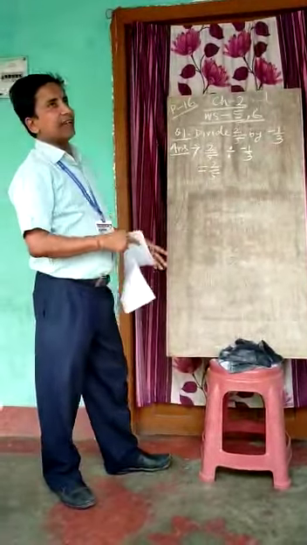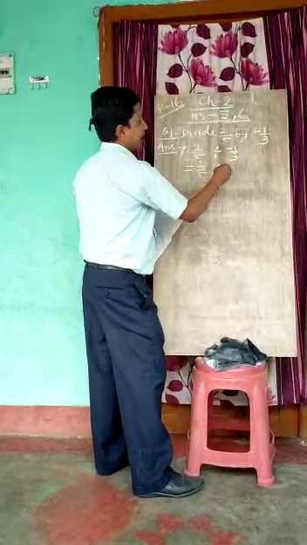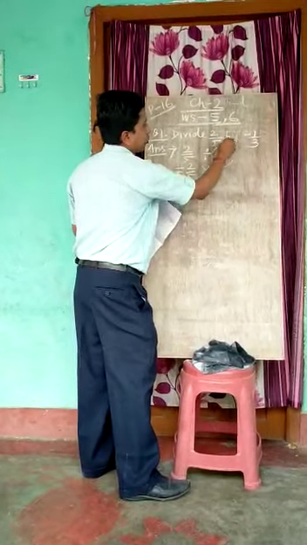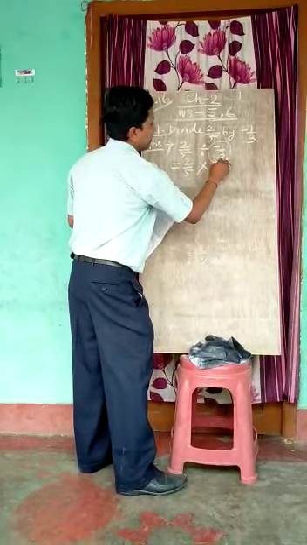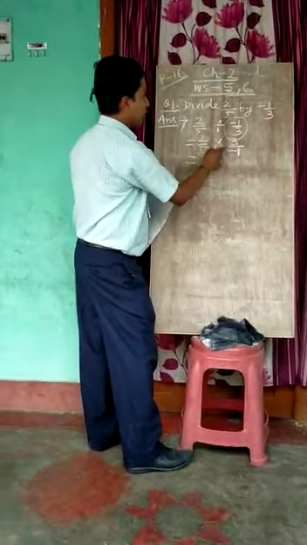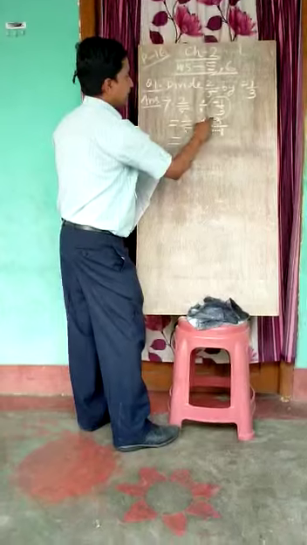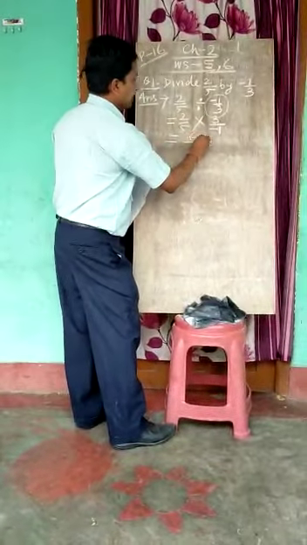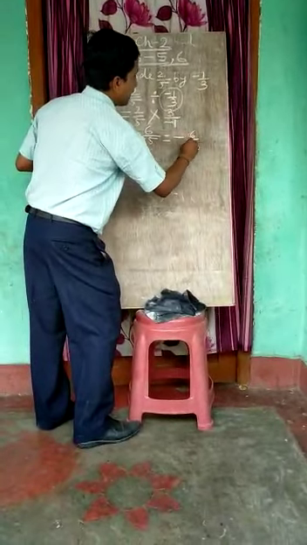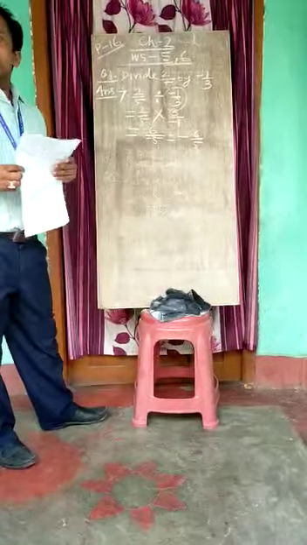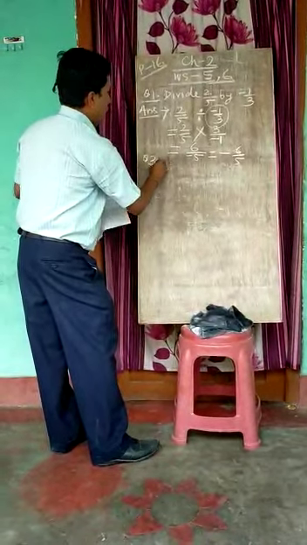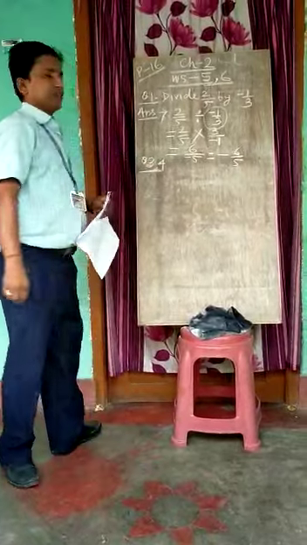Change the division sign into multiplication and write the reciprocal of this number: numerator into denominator, denominator into numerator. This is called the reciprocal. Now multiply numerator by numerator. 2 times 3 is 6, 5 times 1 is -5. Write in standard form: -6/5. That is the answer. Now questions number 3 and 4 are on the same process.